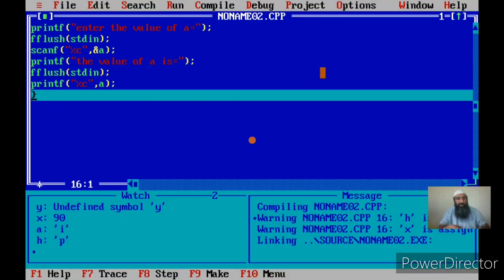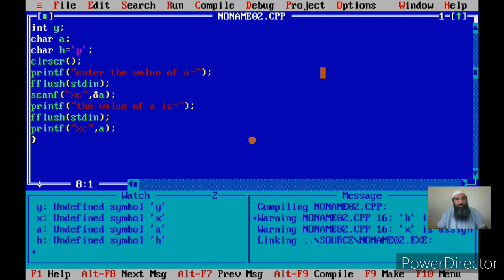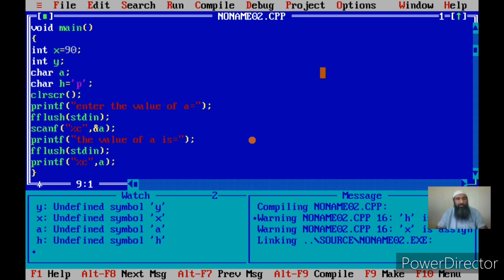This is proof that whatever you have typed on the keyboard and stored in a is already there, and now the same has been displayed on the user screen using printf, but the difference is that you have to give the format specifier of a. This is what character data is. Character data can store a single character, not more than that. So if you want to store more than 1 character, you have to give that many character variables.